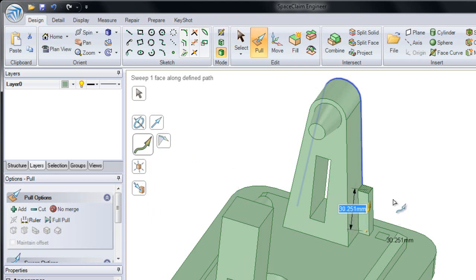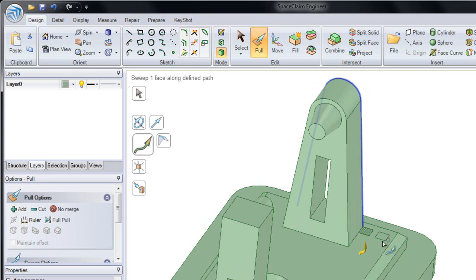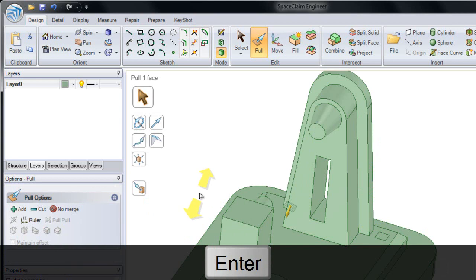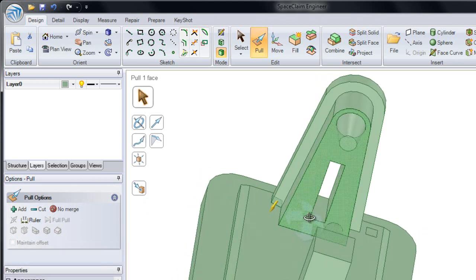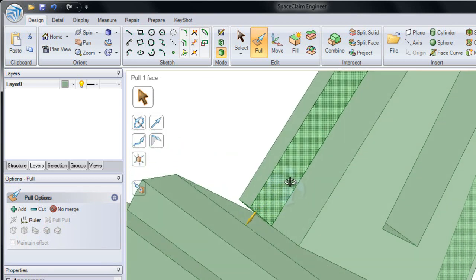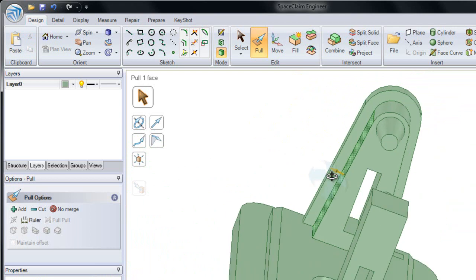Now if I dynamically drag this, you notice it sweeps along that highlighted edge to make a change. Another way to sweep that along would be to click the Enter key or click Full Pull. Either of those will sweep that along the entire trajectory. Now, one thing you may notice is that it sweeps along that entire trajectory that you've chosen, but not past it. You could fix this two ways. You could either pull afterwards to pull it a little bit longer, or let's look at another way with the